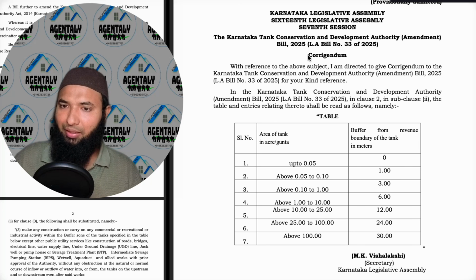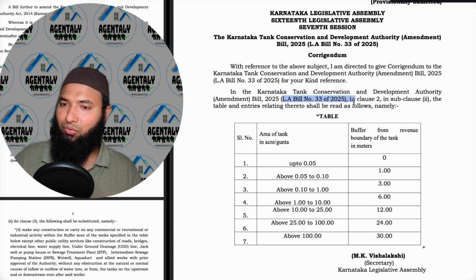So this one they are doing corrigendum. Corrigendum in simple terms you can understand is correction. So this one they are correcting. Now what is the correction? With reference to the above subject, I am directed to give correction to the Karnataka Tank Conservation and Development Authority Amendment Bill 2025 LA Bill, that is 33 of 25. It is a bill and already into picture. For your kind reference, in the Karnataka Tank Conservation and Development Authority Amendment Bill, that is Legislative Assembly Bill